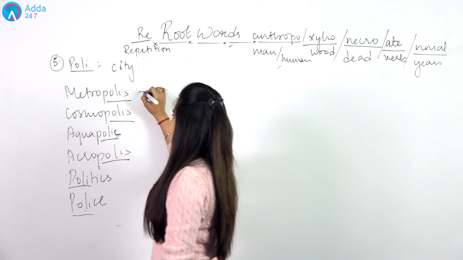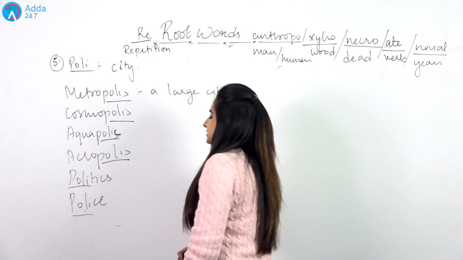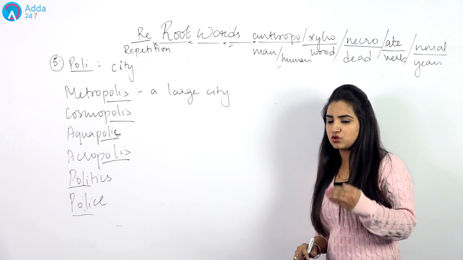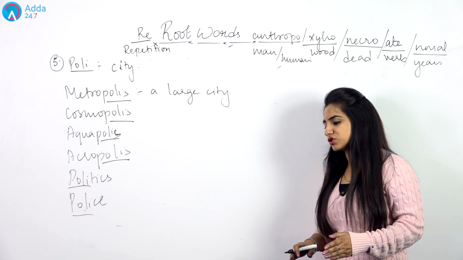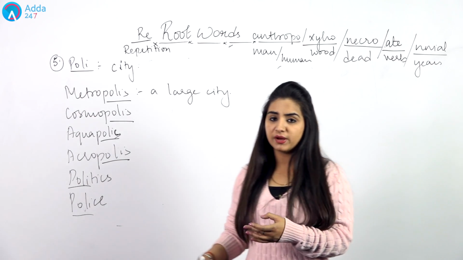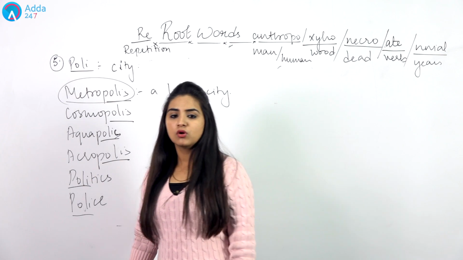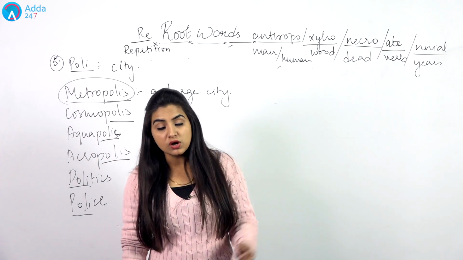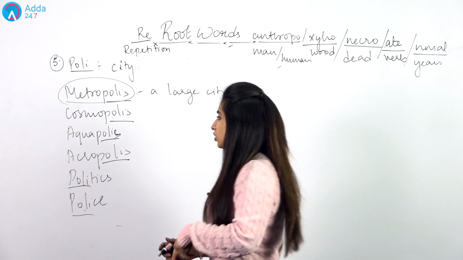When I say metropolis, a metropolis can be any large city. If I say mention the metropolises of northern India, or the metropolises of southern India, you can count Bangalore, Hyderabad, Mumbai, everything, and that is what we mean by metropolis, a large city. So a region can have many metropolises in it.